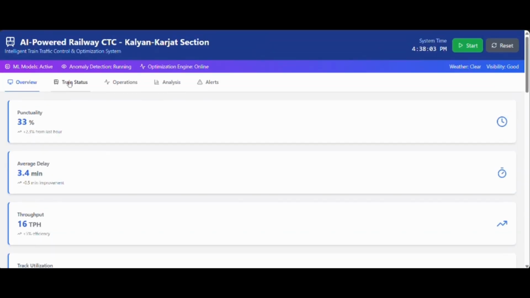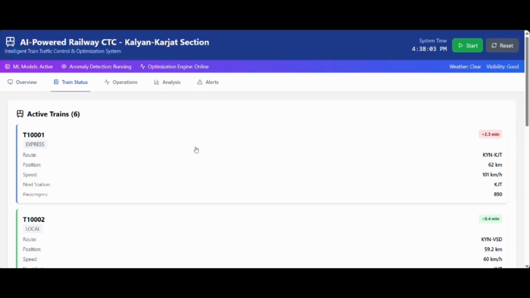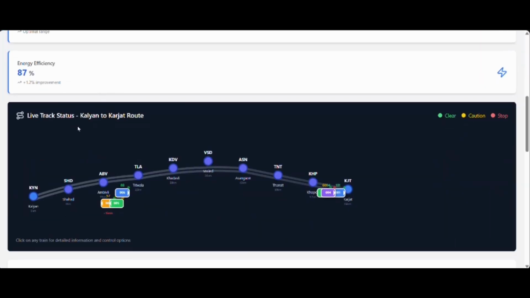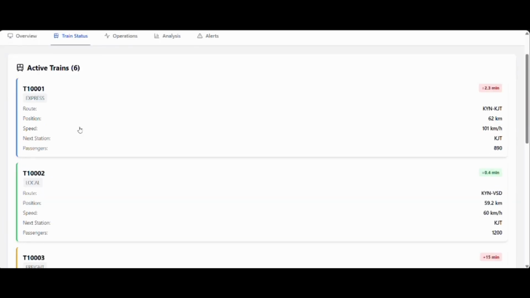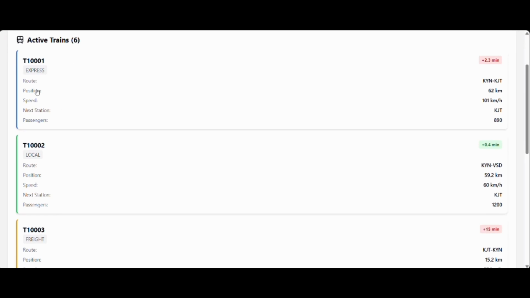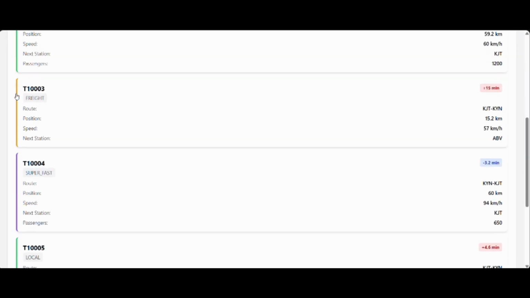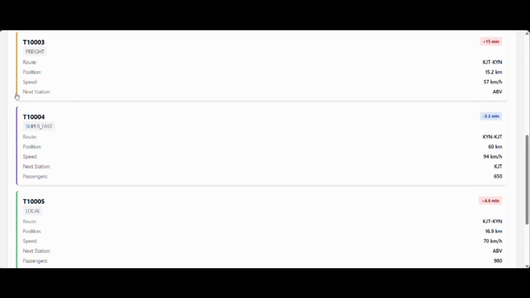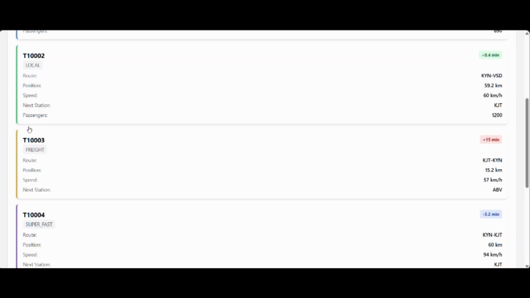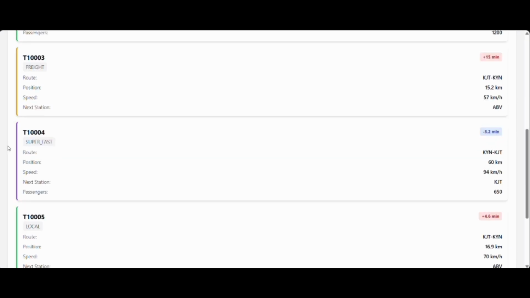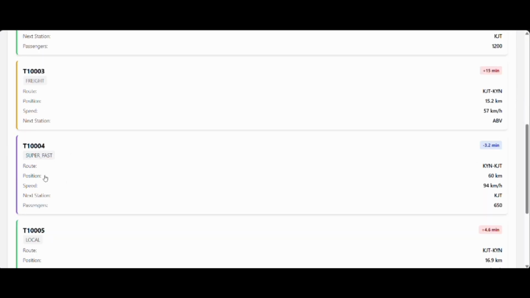So if we go to the different tab, over here we can see the different trains that are currently active in this live track status. So there are currently 6 trains active, and we can see all of their routes, position, speed, next station, passengers. The colors are also assigned differently to different kinds of trains. Blue represents the express trains, green represents the local trains, orange represents the freight trains, and purple represents superfast trains. And naturally they have been assigned a certain